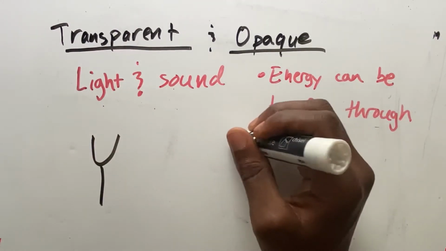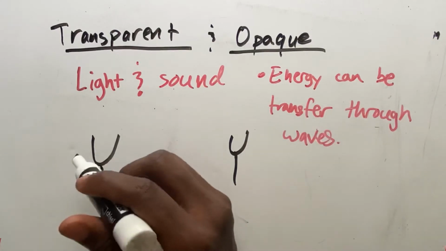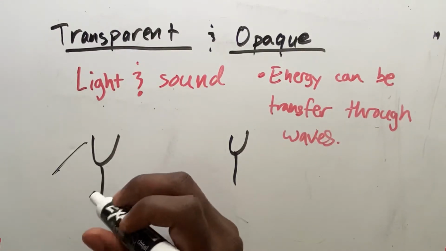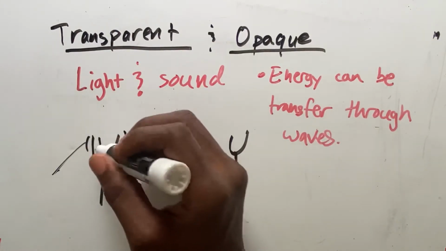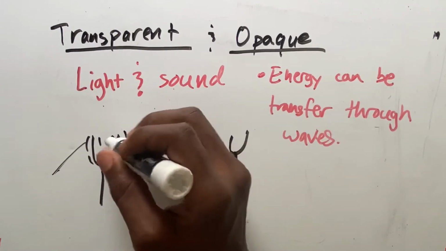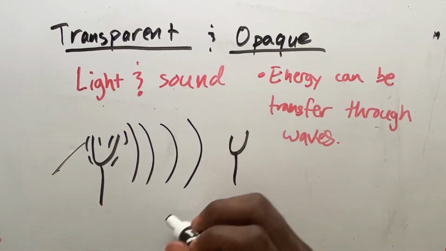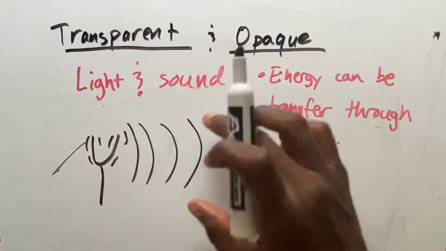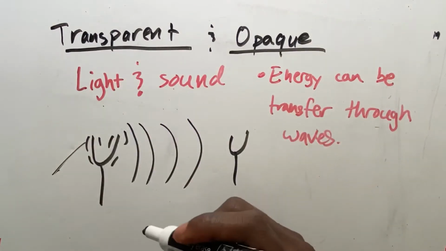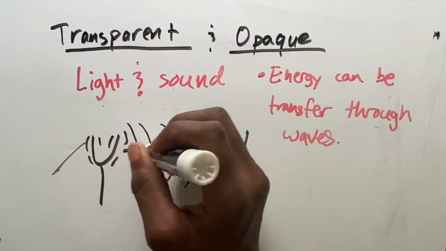Tuning fork and another tuning fork over here. If I were to hit this tuning fork so that it vibrates, so now it's vibrating. And so sound, where this is basically the wave front or the waves of the sound, but the sound travels in this direction.